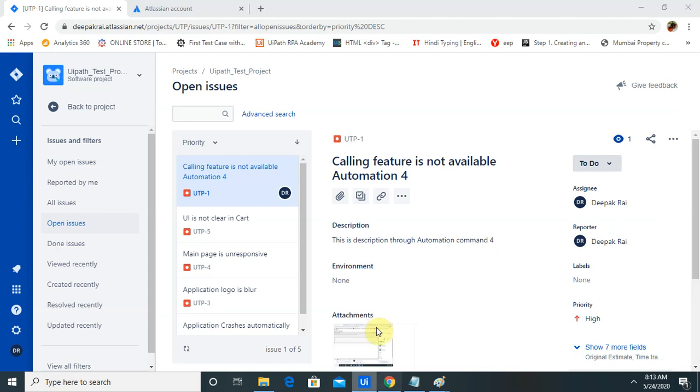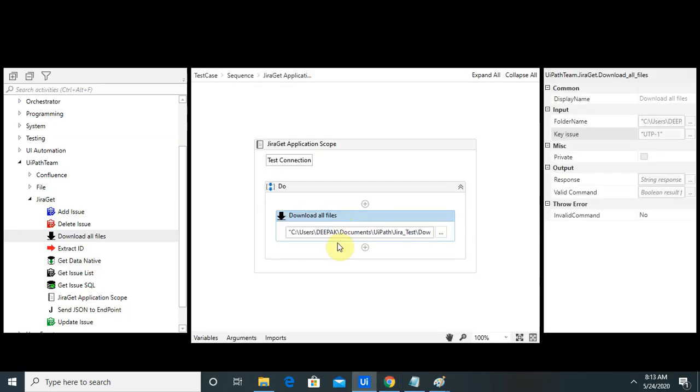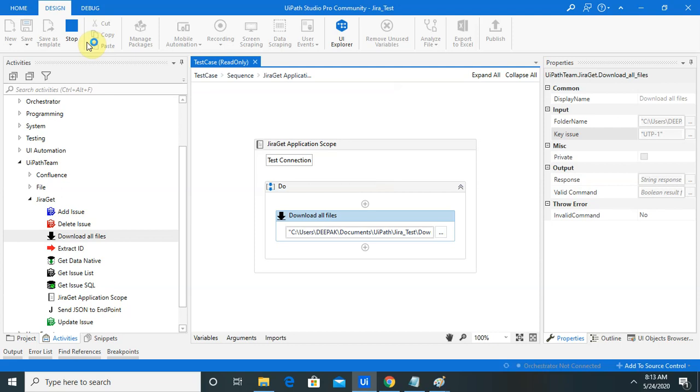Let's wait for the completion. It's taking time. Usually it is not taking time, it is a fraction of a second's work, but it's totally dependent on the system resources or your desktop resources, like how much memory is free, because the UiPath application is a big tool integrated with several other applications.